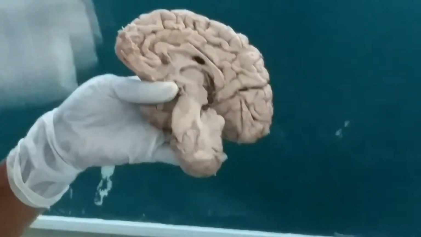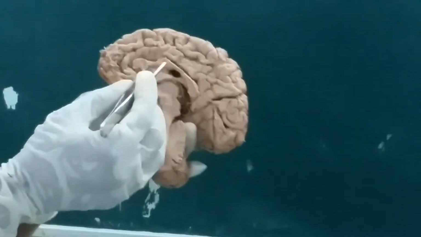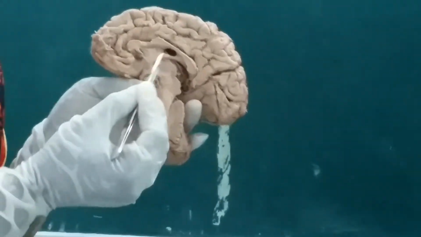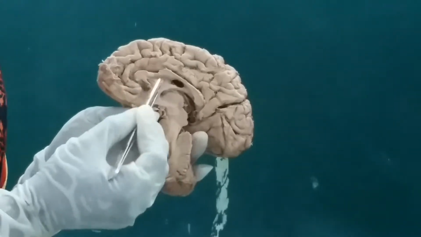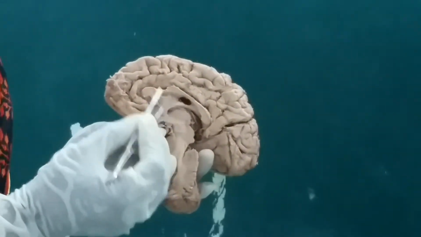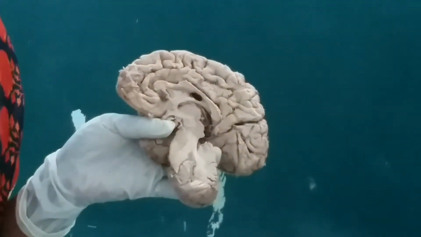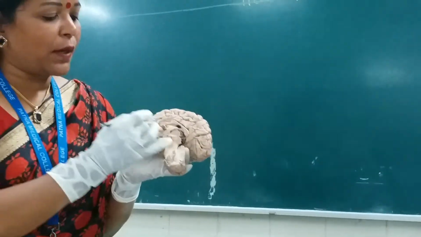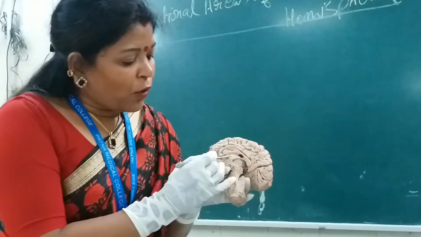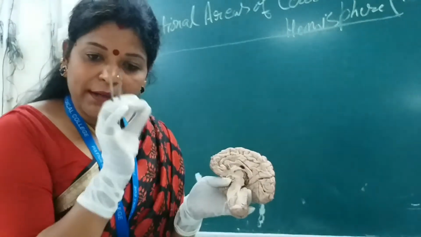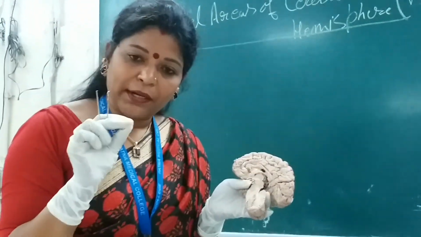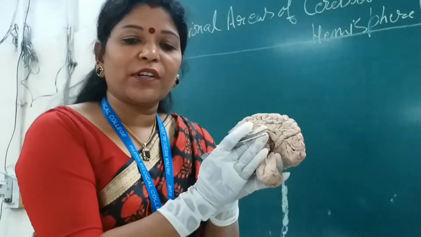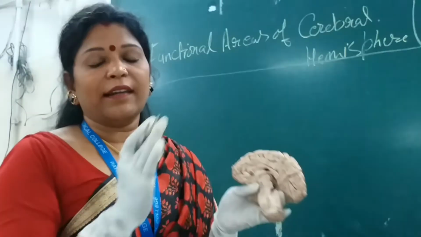A sheet-like structure is present in between the corpus callosum and this fornix. This is the fornix and this is the corpus callosum. A sheet is present here which is connecting the two structures. What is it known as? Septum pellucidum. Septum pellucidum. This will be asked in viva. It is a double-layered structure, not a single layer, made up of neuronal structures, and it forms the medial boundary of the anterior horn of the lateral ventricle.